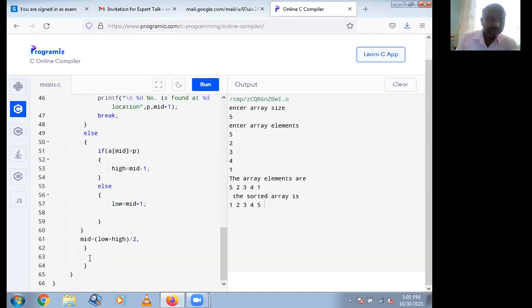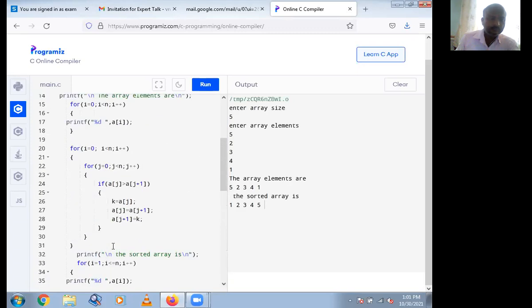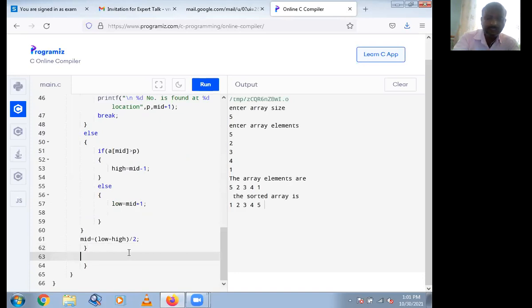at that condition, here you have to write if low is greater than high, then printf number is not found.